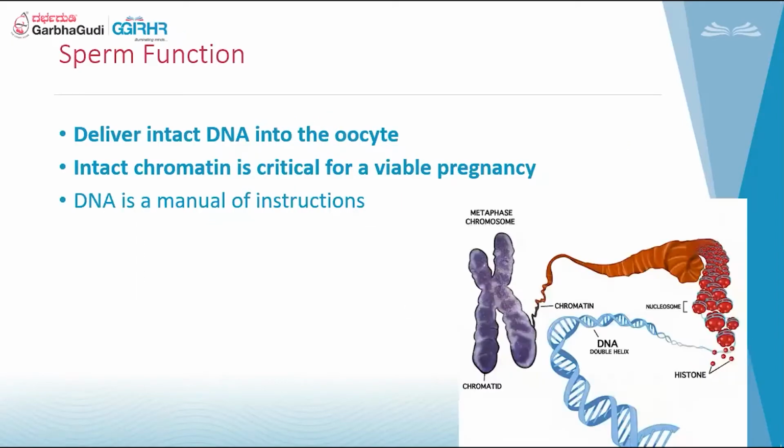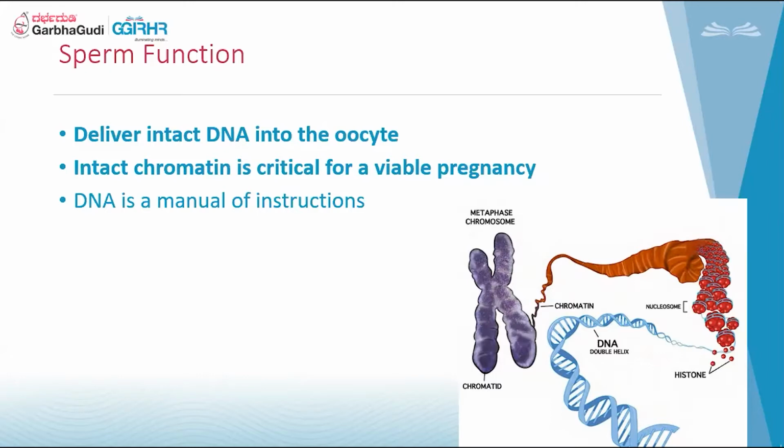The basic function of sperm is to deliver DNA into the oocyte, and there should be an intact chromatin, which helps in a viable pregnancy. Basically, you can see over here histones, and the DNA is coiled by a toroid. In that, protamines are present more in the DNA. This is all basic. The percentage of protamine will be more because it helps in the coiling of the DNA. It has to be very intact, right? That is the reason we have protamines over here.